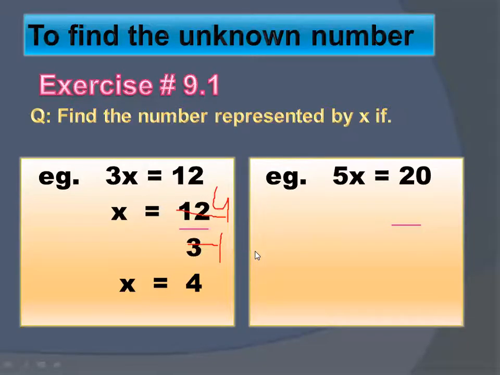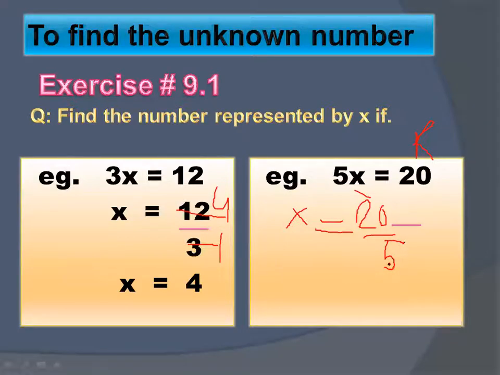Here you have 5x is equals to 20. 5x is equals to 20. So again here you have the variable x and your number, that is 5. So 5 here is the coefficient and 5 is multiplying with the variable. So moving on to the right side, it will divide the number 20. So how will you write it? Keep your x on the left side and write equal to, then write 20, then upon 5. That is very simple.